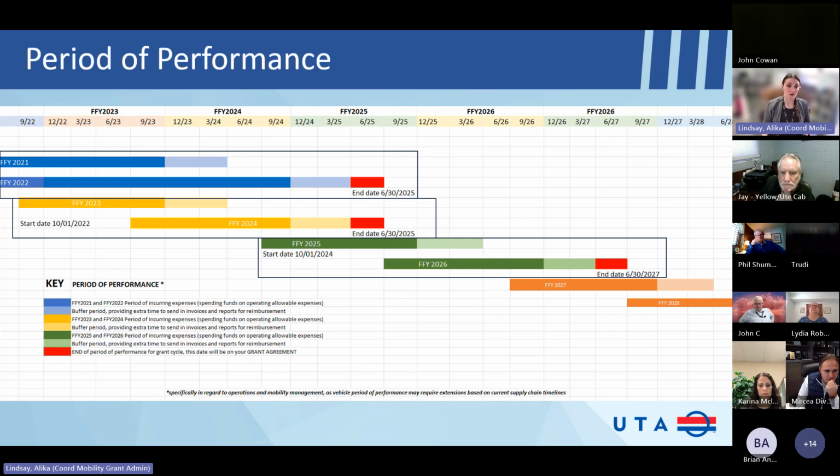FTA getting new people and taking a long time to approve our awards, so we couldn't order vehicles. There were a lot of factors that went into why we had to extend it so far. Because we extended it, people did get confused about the period of performance for operating. And some people are still spending those operating funds on current activities, and we have not enforced a hard end date with that because of closing agencies and all of the things, you know.